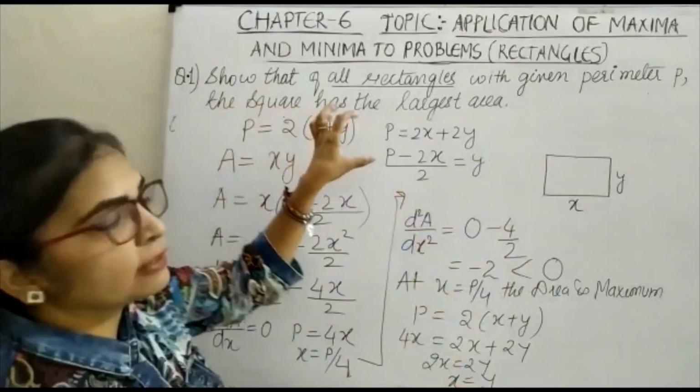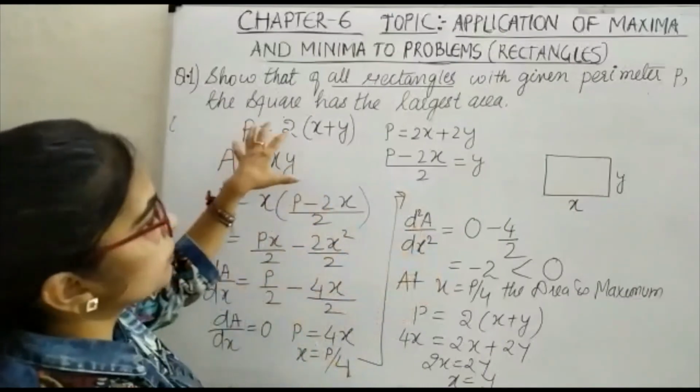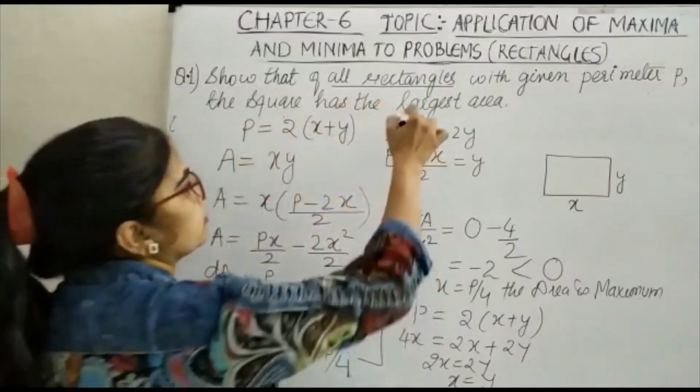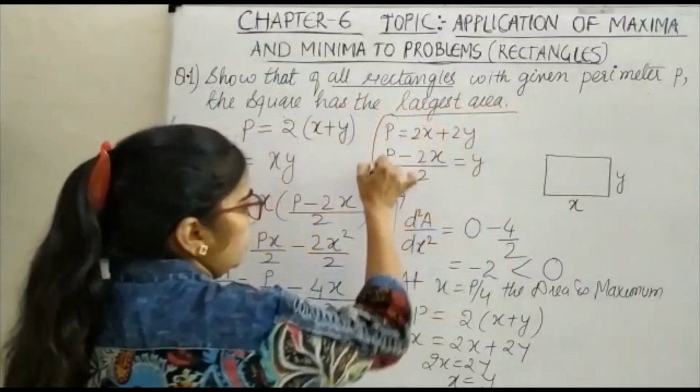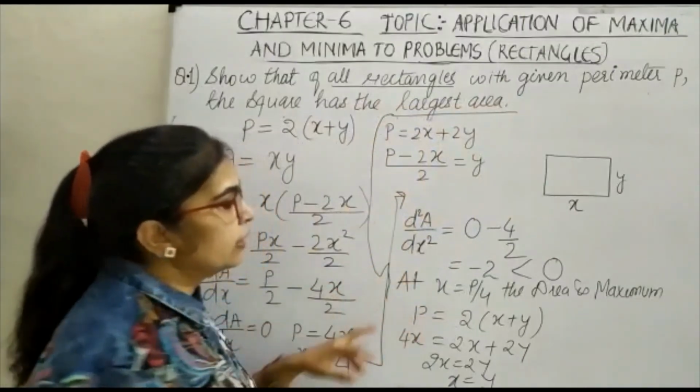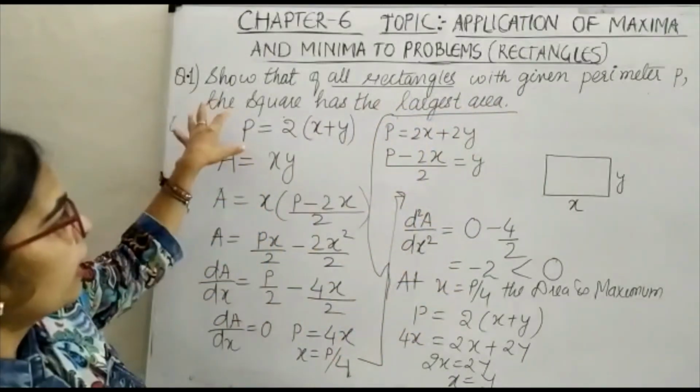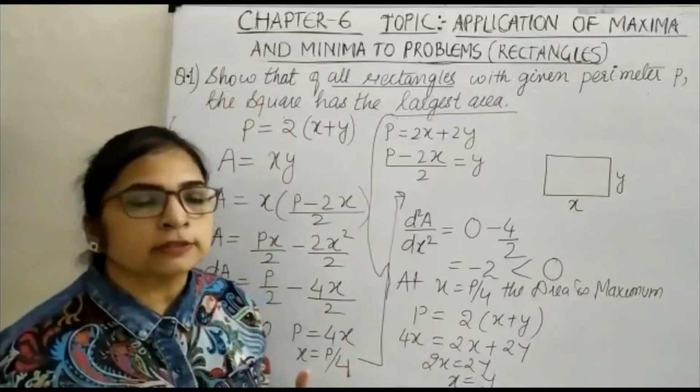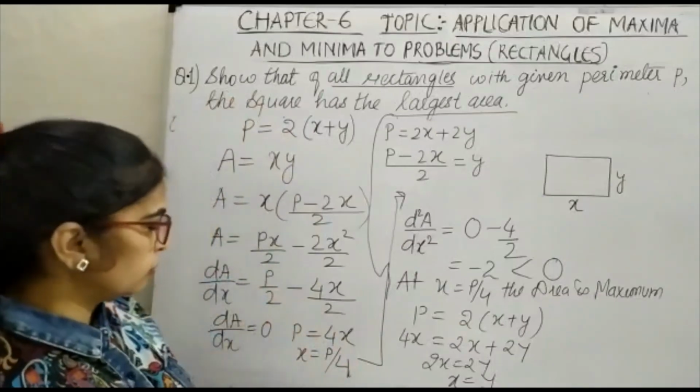Now x is equal to y. If length is equal to breadth, that means this given rectangle will be your square. So that is what is given in the question कि जब इसकी एरिया लार्जेस्ट होगी, लार्जेस्ट का मतलब ये था कि हमें दिखाना है कहीं ना कहीं जो हमारा सेकेंड डेरिवेटिव है that is less than 0 and it becomes square का मतलब हमें length and breadth को equal दिखाना है. This was the one criteria.